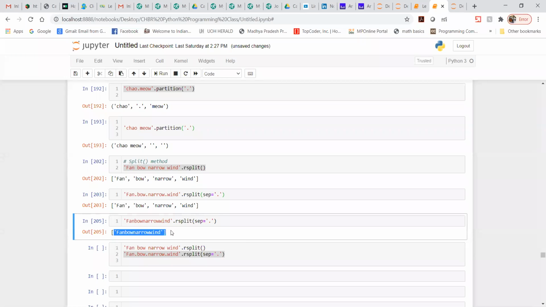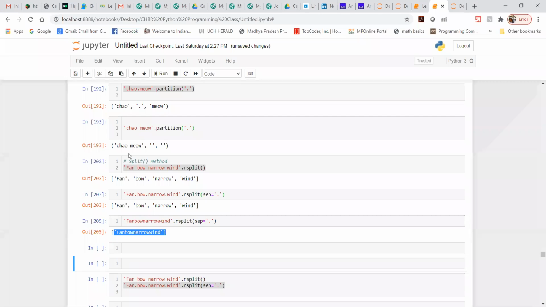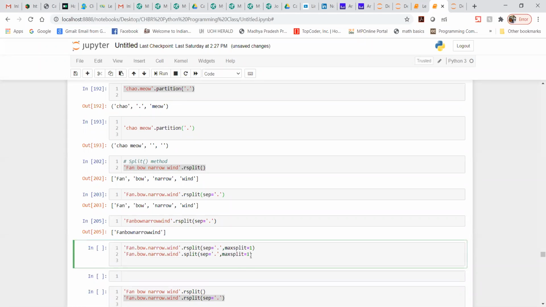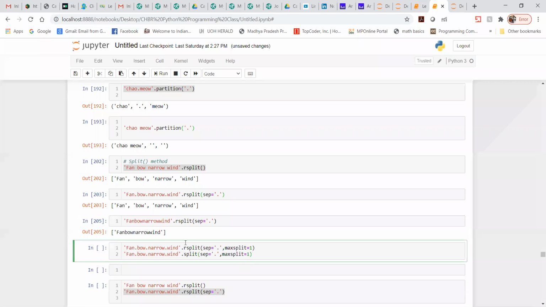In the same manner, let me perform two different examples where I'm going to show you exactly the difference between rsplit and split. Let me write this example here.